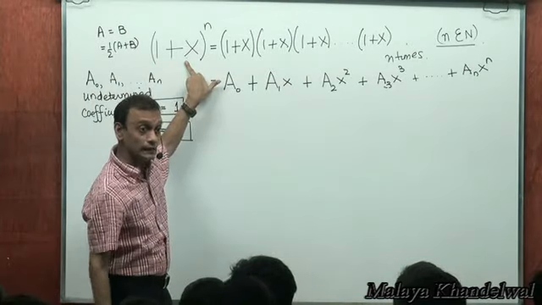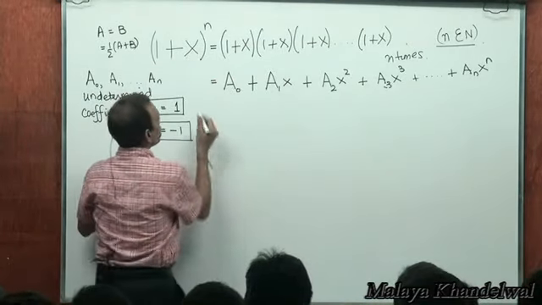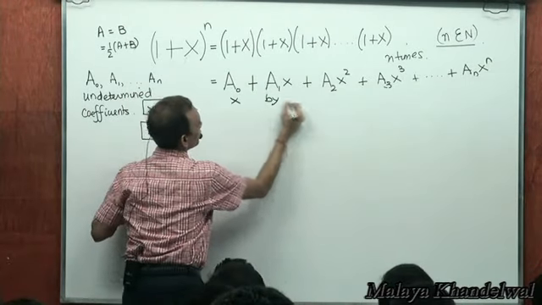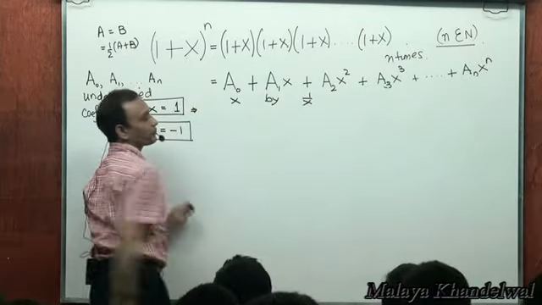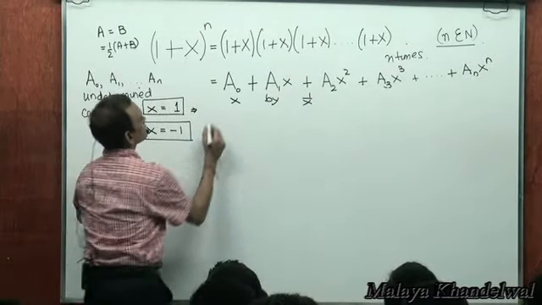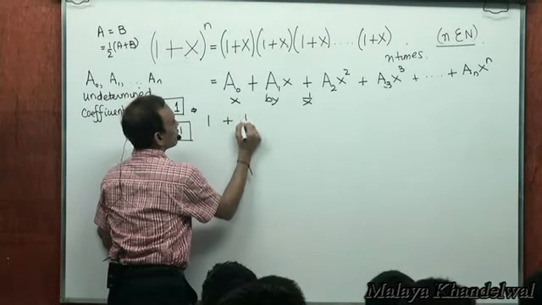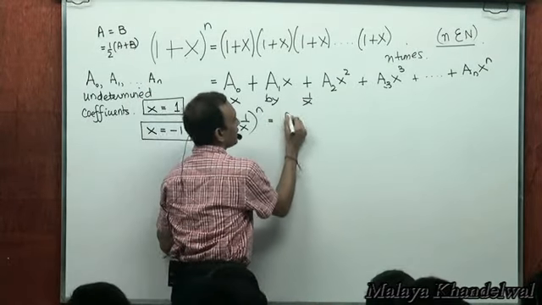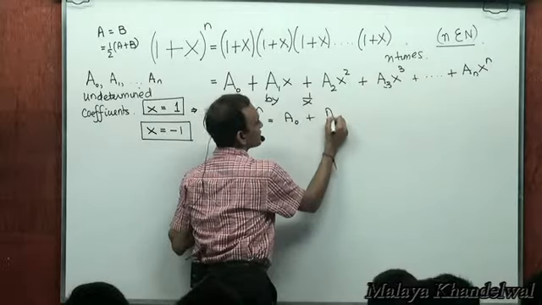Replace x by 1 by x. When you replace x by 1 by x, what do you get? 1 plus 1 by x whole to the power n is a0 plus a1 by x plus a2 by x squared